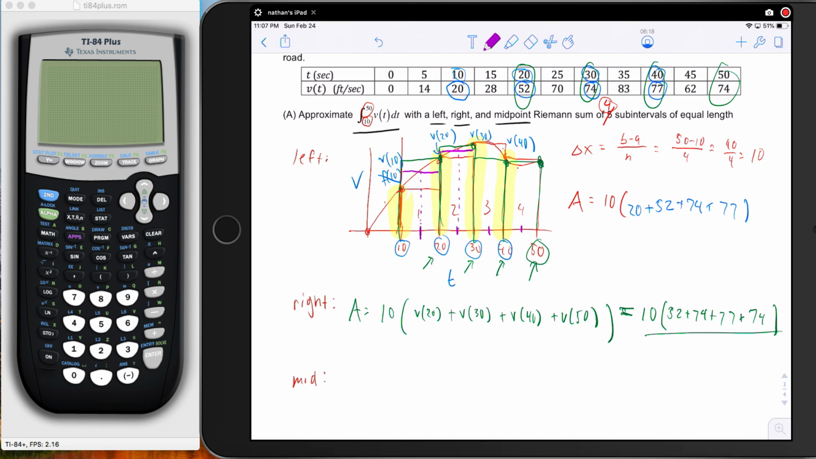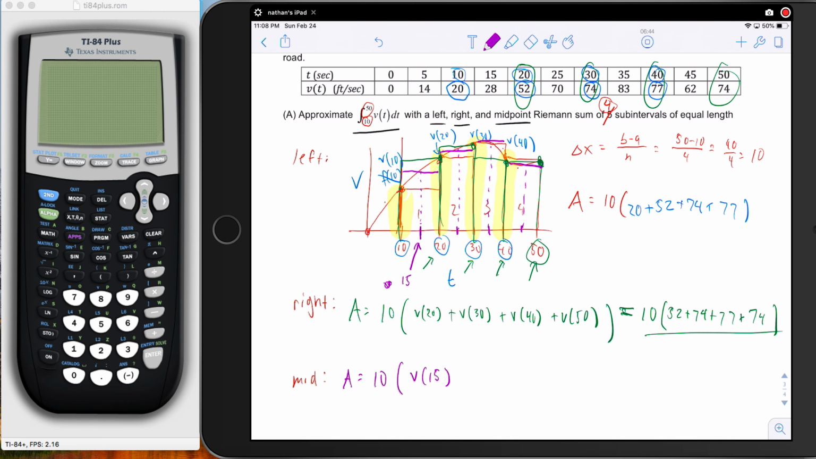Right there is going to be the height. And there. And what are the heights of these guys? It's going to be the V of, what value is that? 15. So there's 15. So the height is going to be V of 15. So if I were to do the area, it's going to be 10 times the V of 15,